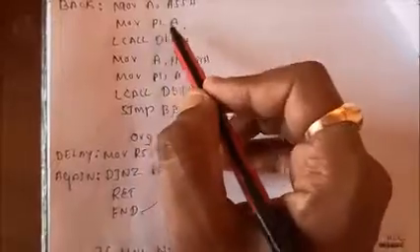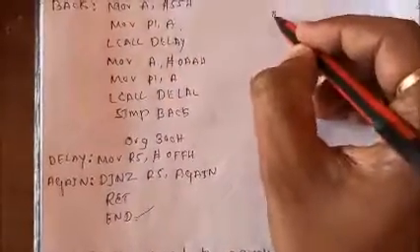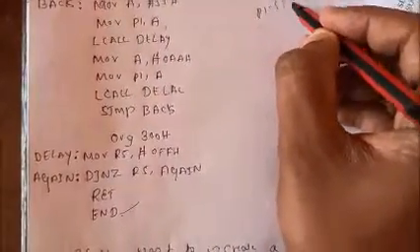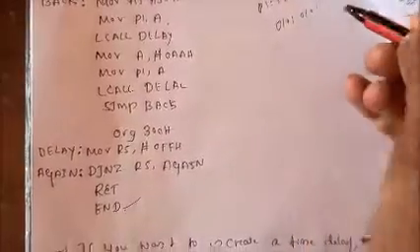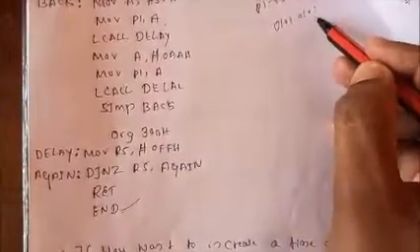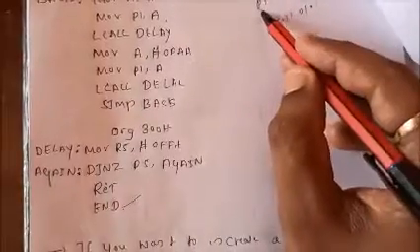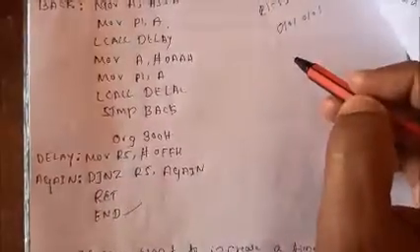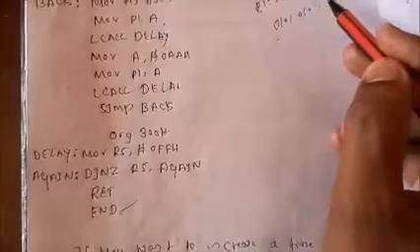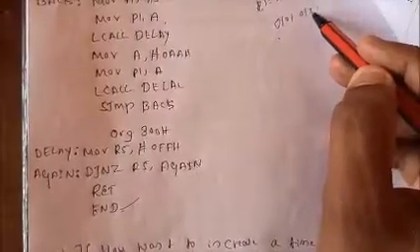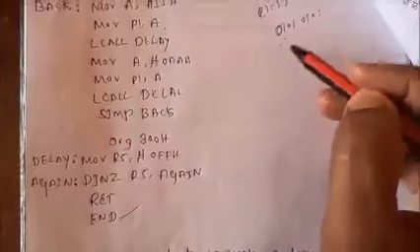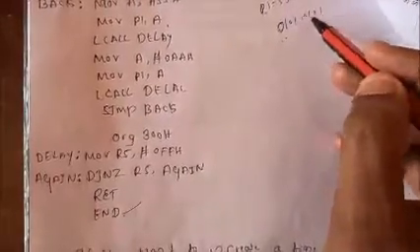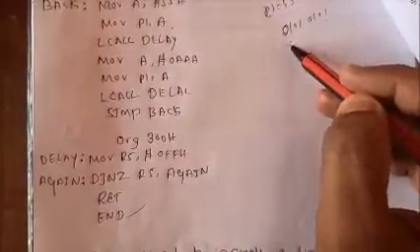So that means port 1 is blinking with the 55H. 55H is nothing but 0101, 0101. This is 4 bit, this is 4 bit, total 8 bit. So port 1 also has 8 pins. 8 pins means the first pin 0, this one, the first pin this one, and so on. So the 7th pin will be the 0 value. This way 55 is loaded and port 1 is blinking with 55.